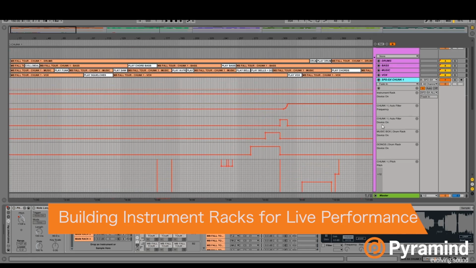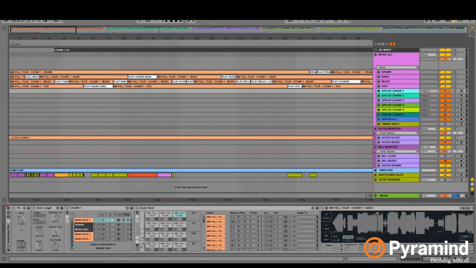So next thing I'll probably go into is how I actually deal with building these racks. Does anyone have any questions before we move on to that? Nope. Okay, cool. So to build these racks, I basically start off with a drum rack,